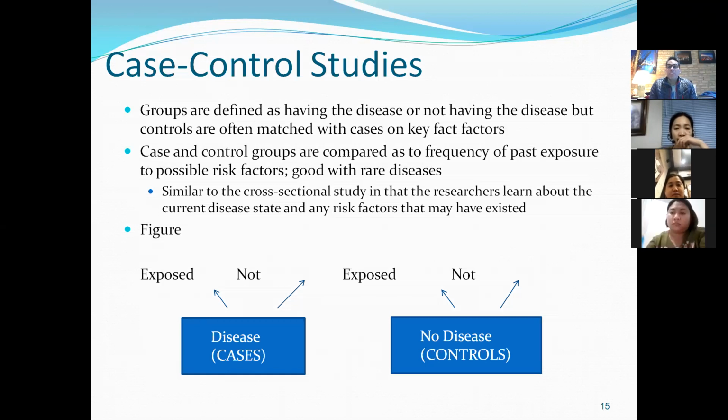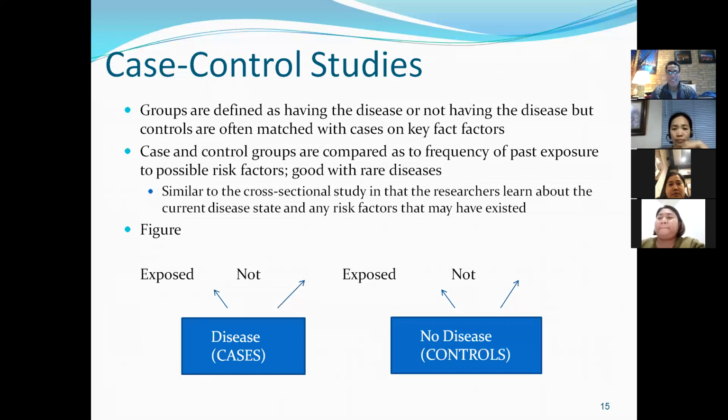So we really have to do a case control study in the case of following or documenting rare diseases. The case control study is sort of similar to the cross-sectional study. It's just one section, one period of time where the researchers learn about the current disease state and any factors